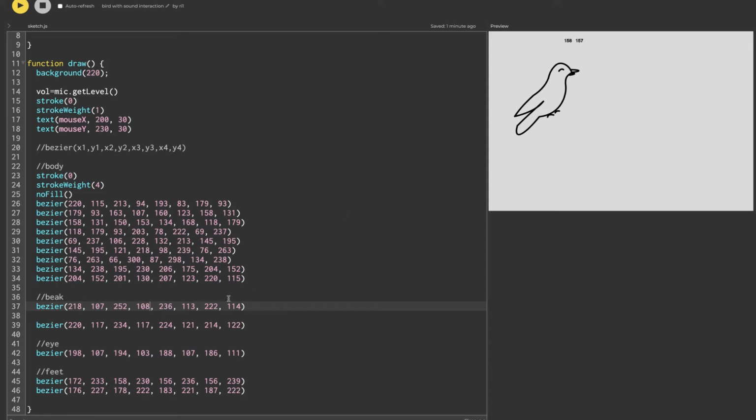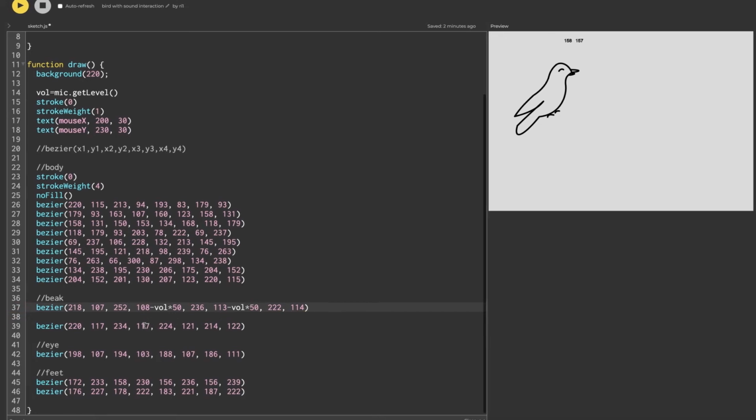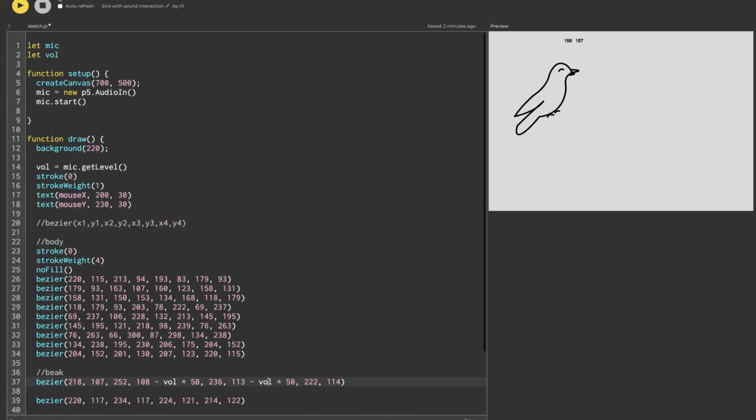So how are we going to do that? We are going to minus the volume variable times 50, and put this in the y of the first control one, and then we are also going to use this in the y of the second control. Let's tidy the code so you can see better. Okay, now